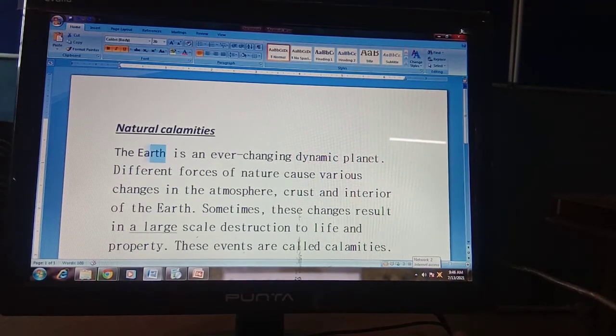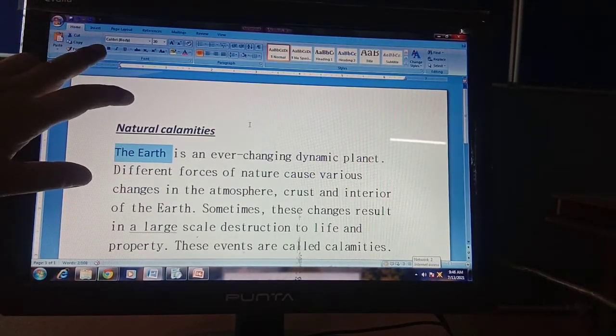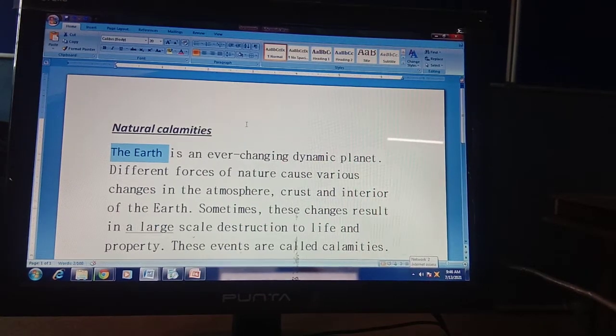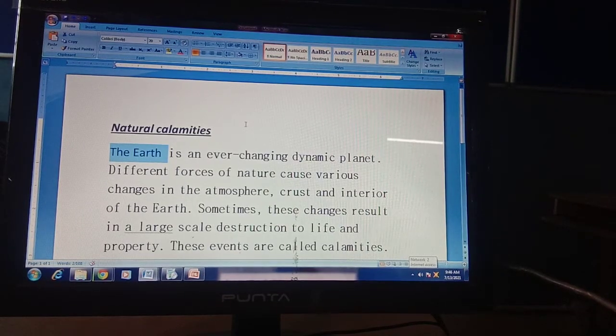So this is your text that we want to make changes to. First of all, just select this text. I am telling you how to bold the text without using the mouse and by using your keyboard. So first select the text and then you can use a shortcut key, Control and B keys pressed together.